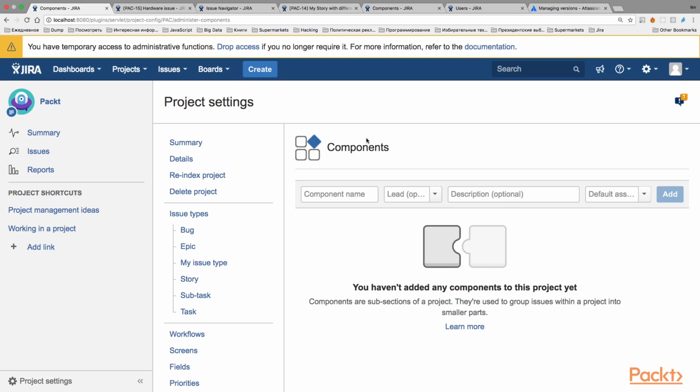Another way of organizing projects in JIRA is by using components. Components allow you to divide projects into separate parts. It could be different specializations, such as, for example, software or hardware, that allow you to split a project into different